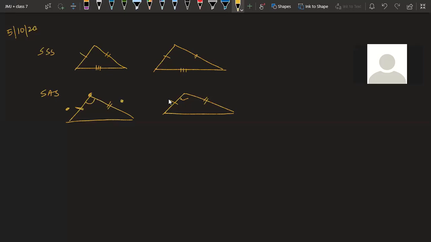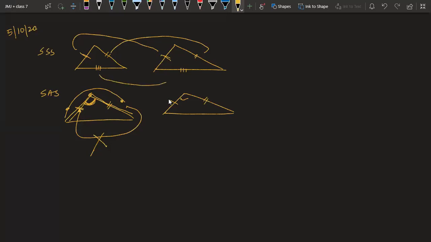We always go in a continuation. You will not go like this, that side is coming, then side is coming, not like this. This is the wrong way. You have to go in a continuation. First side comes, then angle comes, then side comes, then it is correct. And if you are observing it correctly, this single dash signifies these two are equal. These double dash are signifying these two are equal. These triple dash are signifying that these two are equal.